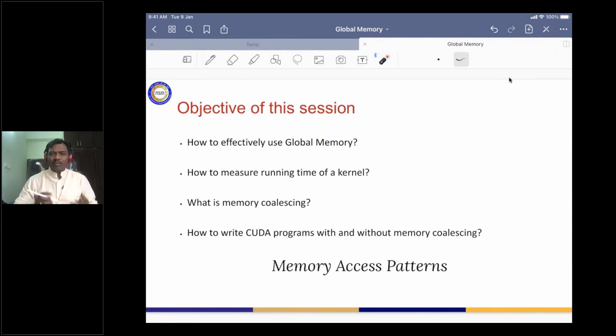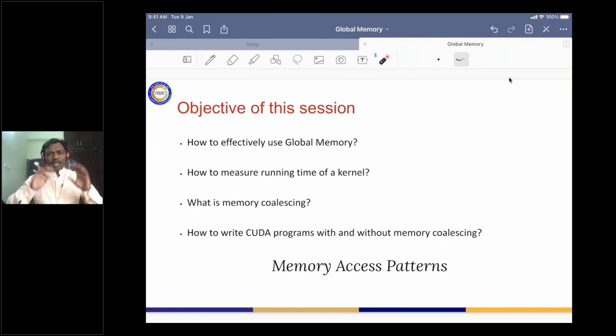Further, one of the most important topics in today's class is memory coalescing. The memory coalescing concept is very similar to data locality, which you must have seen in CPUs. We are going to revisit data locality very quickly, understand what we mean by memory coalescing, and further start writing a few CUDA programs with and without memory coalescing.